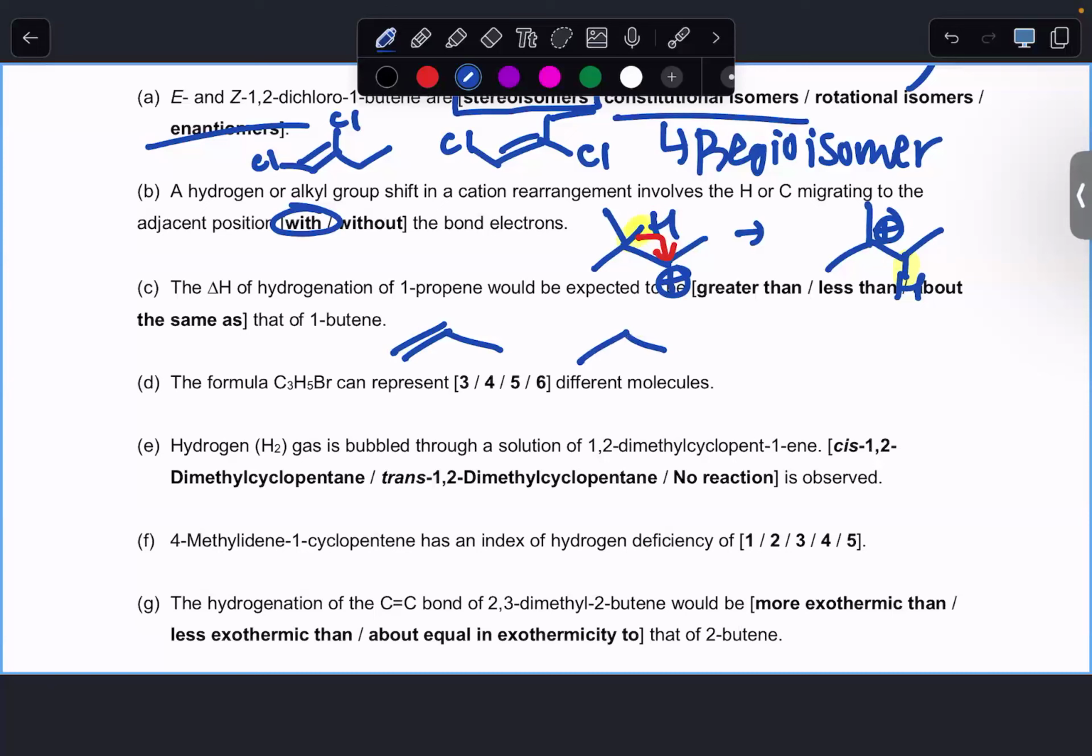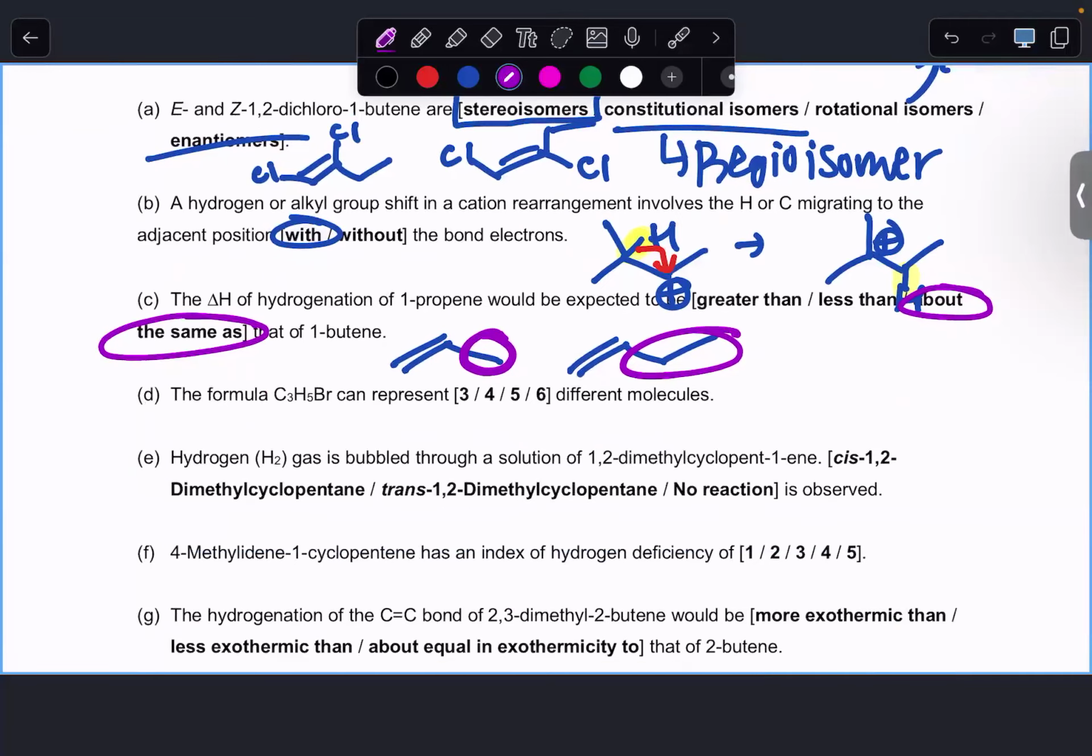Now let's look at this one. 1-propene is that, 1-butene is this. What is the substitution of this alkene here? Is it mono, di, tri, tetra? Mono substituted. Right. How about the 1-butene? Mono substituted as well. So since they are equally substituted, they have similar stability. And if they have similar stability, they have similar energy. Right. And what is the relationship between stability and energy? As stability increases, energy decreases, right? They are inversely related to each other. Okay, so